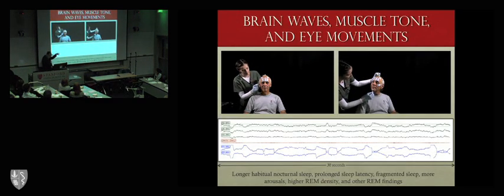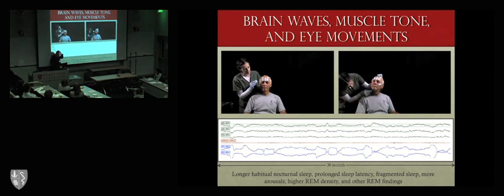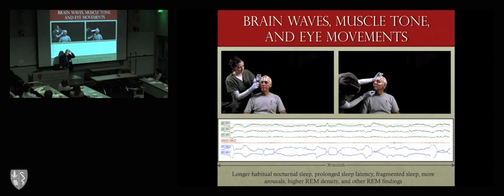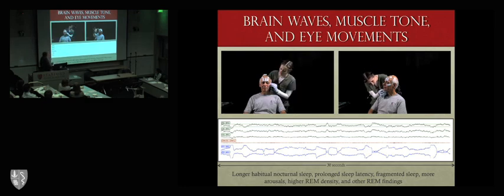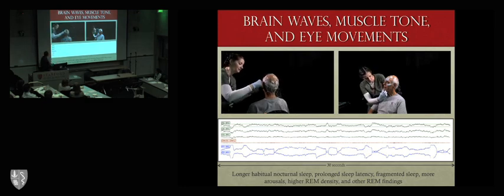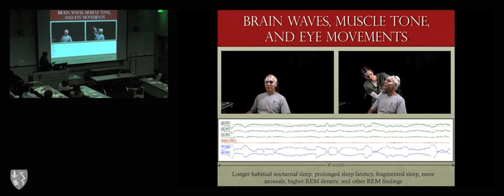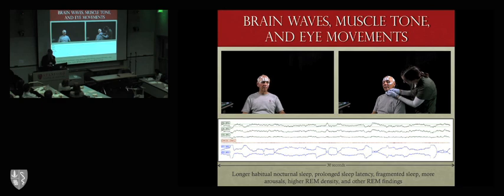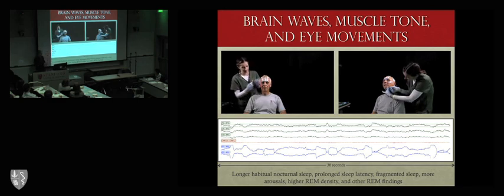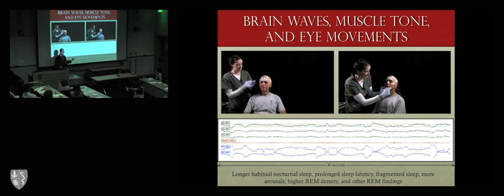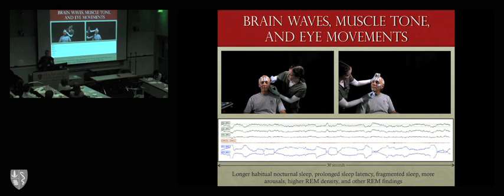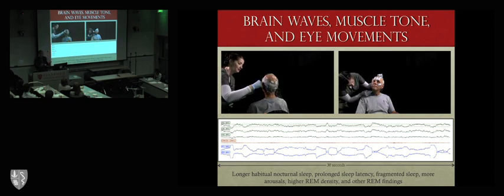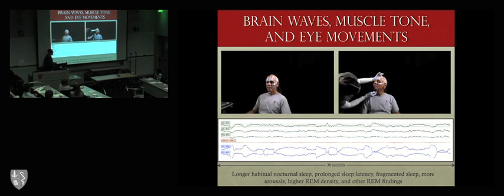So let's look. The first video that I was just on, that last screen, was basically just showing applying all the EEG electrodes to monitor the brain waves. We're going to put eye electrodes on, which are demonstrated right here, and then we're putting chin electrodes on to monitor the muscle tone. It's fascinating, but when we dream, we're actually paralyzed, so we don't act out the dreams. In one of those parasomnias that I mentioned to you, REM behavior disorder, the person will act out their dreams, they've lost this paralysis or this inhibition of muscle tone.